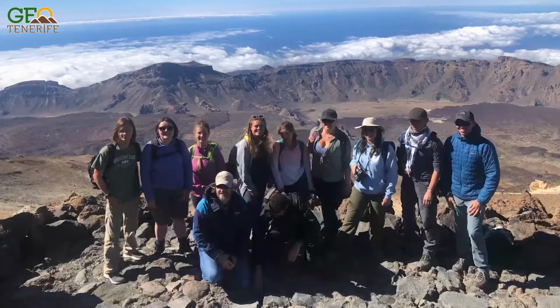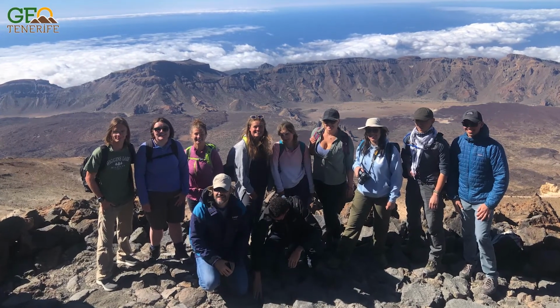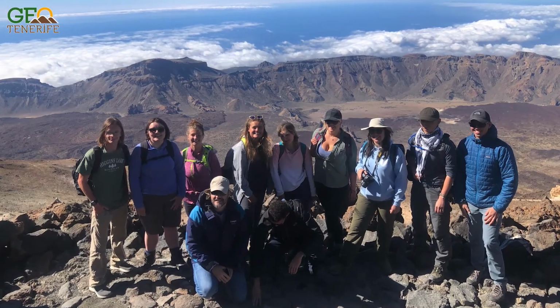They're lovely and they'll become really good friends, and also there's a strong chance you're going to get to work with them in the future, because geology itself is quite a small field, let alone the volcanology part of it. So definitely make friends,